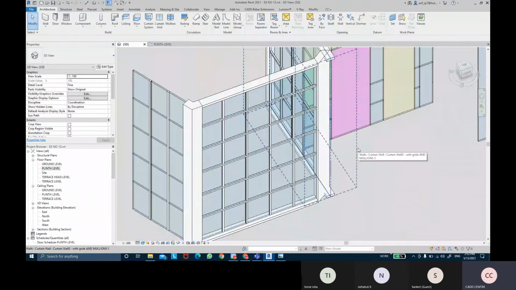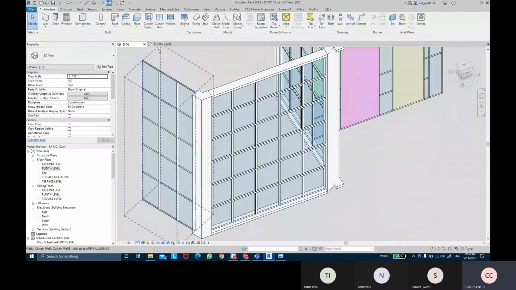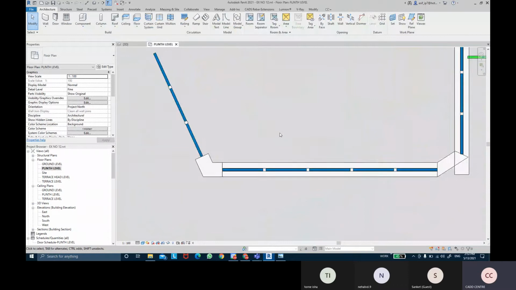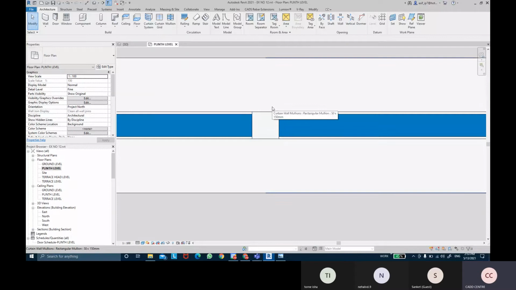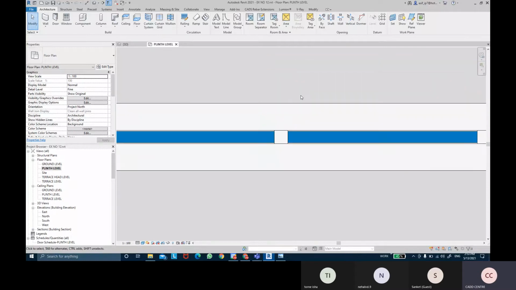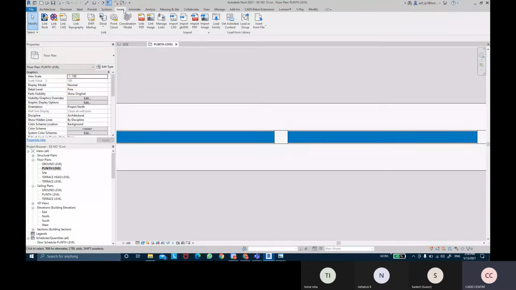Now these are the basic mullions that are available to you. They do not contain any detailing. So if you look into the plan view, they don't have any detail element inside the curtain wall. So if I want a very detailed curtain wall mullion, what shall we do? We can load the families. If you want to load the detail mullion families, what we're going to do is come into the Insert tab, and under the Insert tab, I'm going to come into Load Family to load a detail profile mullion.